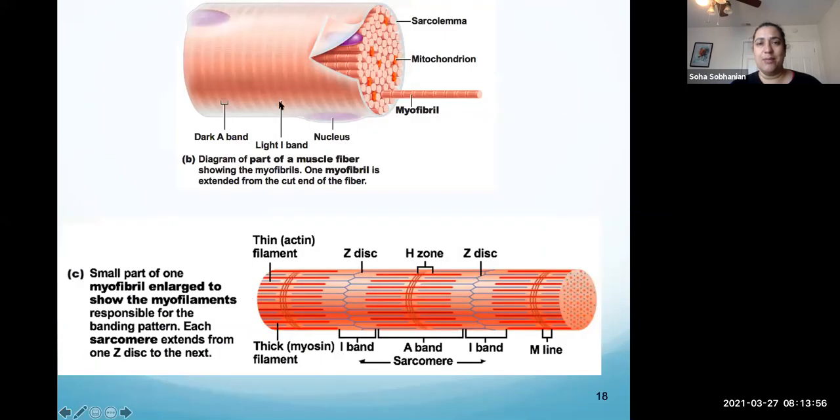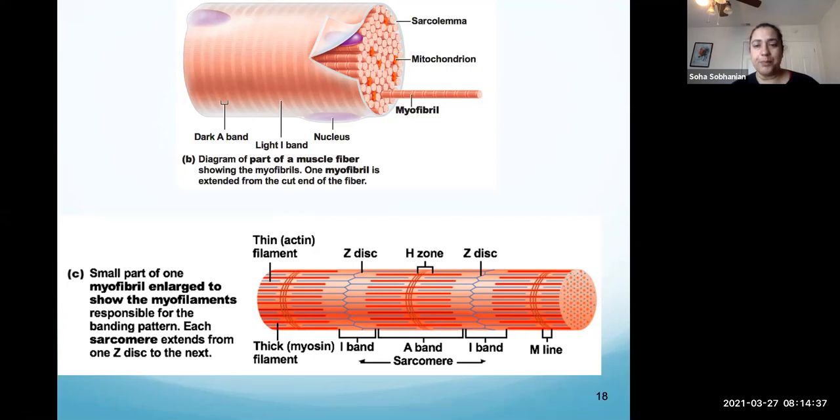So we said if you take a muscle cell like you see in the image on the top, there is a bunch of these cylindrical structures that take up to 80% of the space inside the muscle cell, or muscle fiber, and they're called myofibrils. If you zoom into the myofibril, it's broken down into smaller units called sarcomeres. Sarcomeres are the contractile unit of the muscle. So when you're contracting the muscles, this is the level where you actually see the muscle contraction